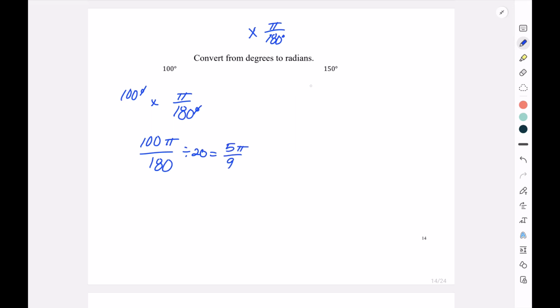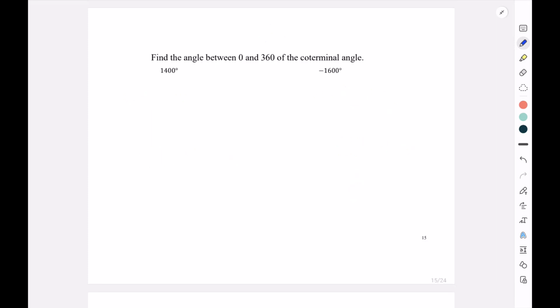Similarly, if we have 150 degrees, we can multiply by pi over 180 degrees. Our degrees will cancel, and we're left with 150 pi over 180. If we divide by 30,